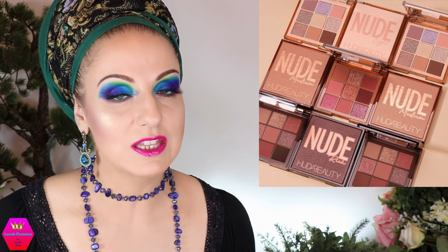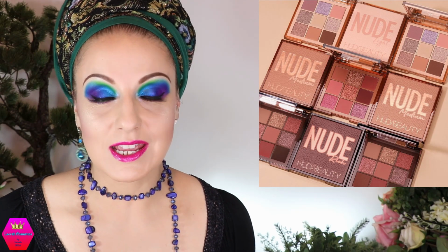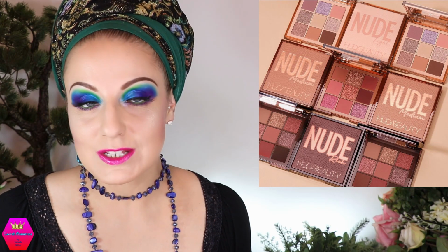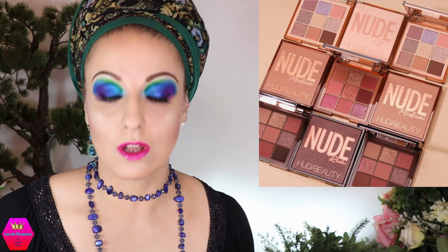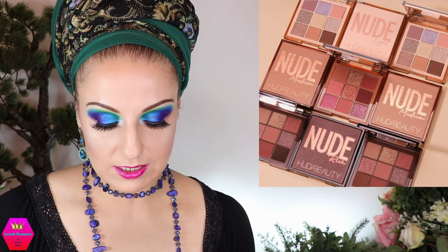And I think actually that is a very good idea, because even when it comes to neutrals, not everybody has the same needs. So I think that is actually really nice. Do I need to buy this? It's not really me, but I do think it is a very nice idea for someone who loves nudes. So anyway, they retail for $29 each, and then she also came out, let me just find this,